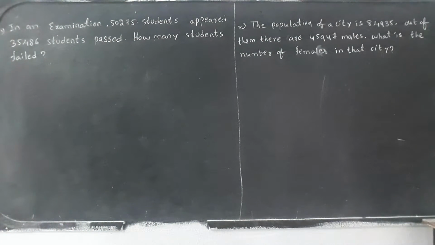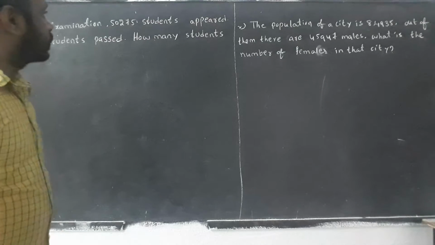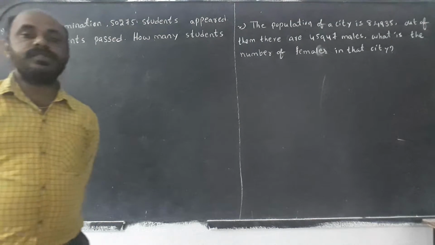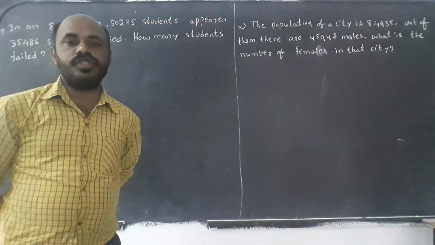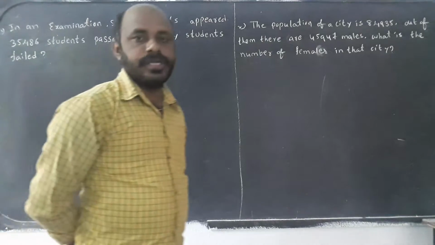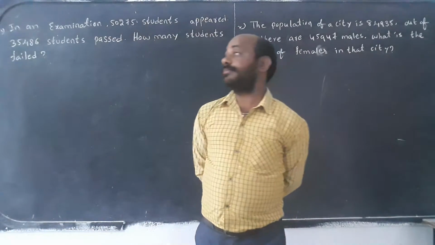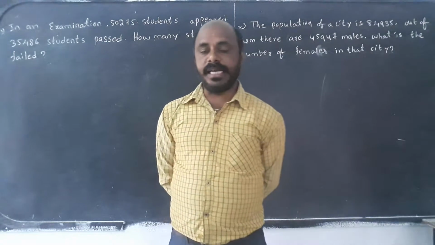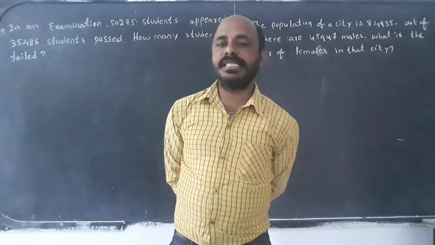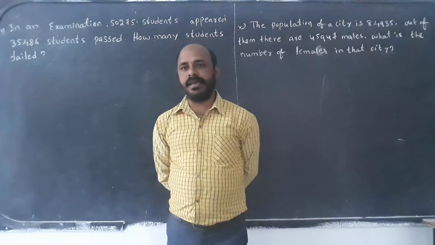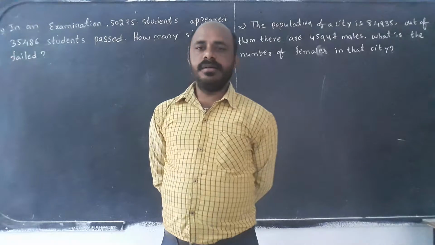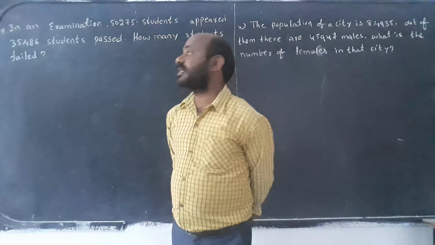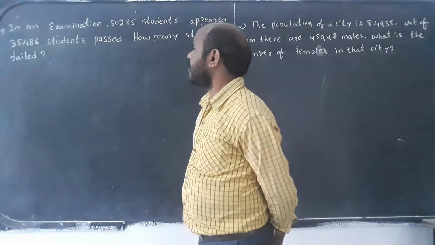Whenever we are doing the solution in word problems or story sums, first we have to read clearly what he gave in the question. First we understand the question. After understanding what he gave, we convert it into statements and write them. After the statement, the conclusion should be what he is asking. He is asking difference or total. If total is asked, we should do addition. If difference is asked, we have to do subtraction.